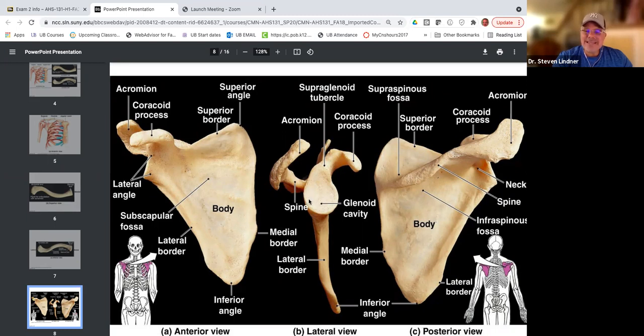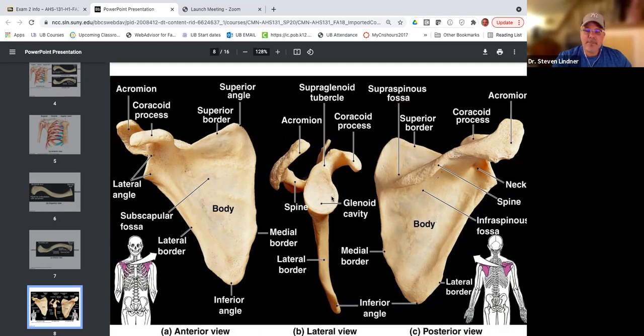It's not a very deep articulation in relationship to the head of the humerus. The head of the humerus is much, much bigger than the glenoid cavity. Since you have a large head of the humerus articulating with the glenoid fossa, it makes a very unstable joint. And because it's unstable, we have lots of soft tissue structures like muscles, like the rotator cuff muscles, to stabilize